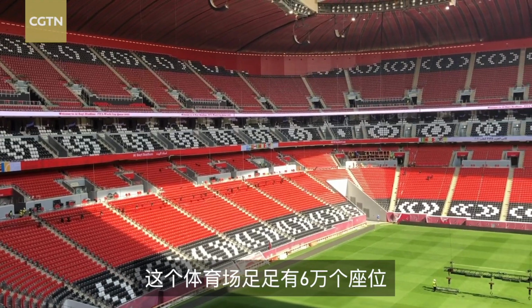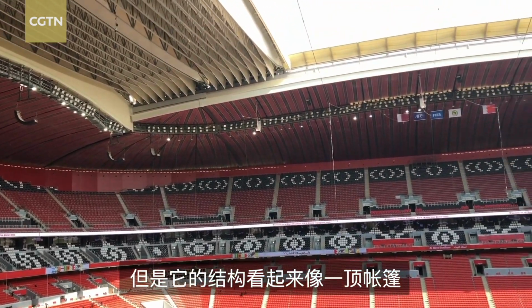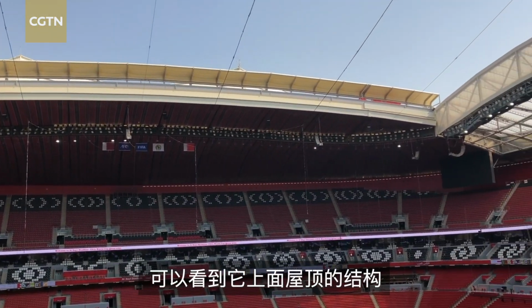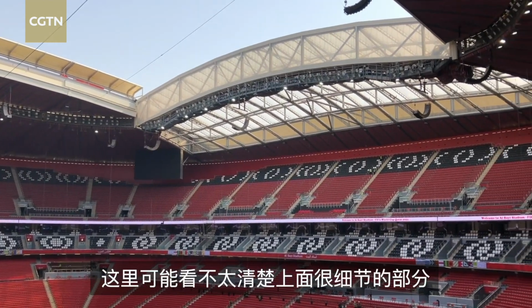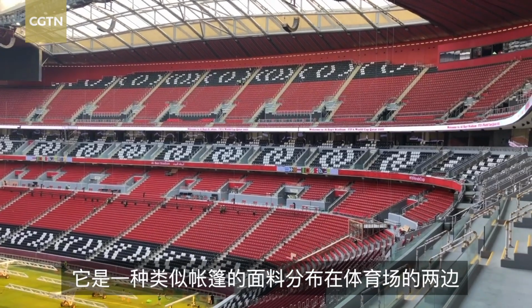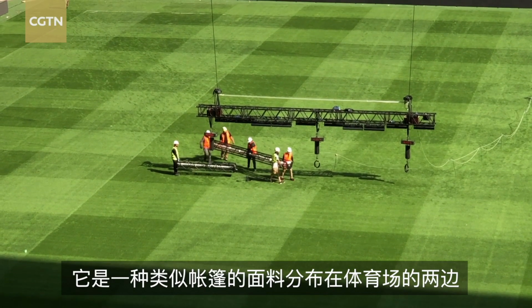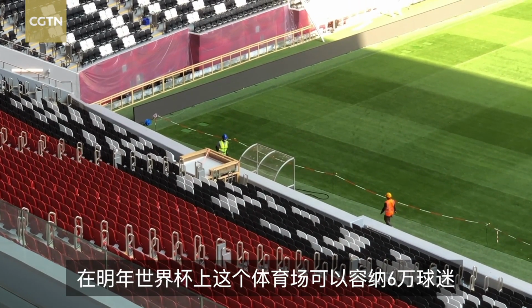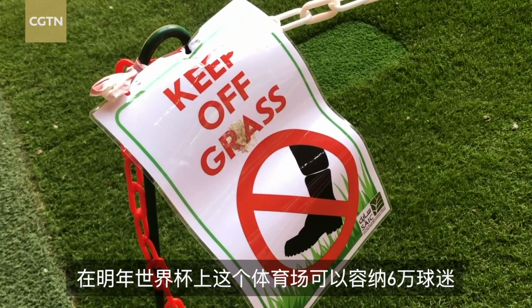This is a 60,000 seater stadium. You probably can't see it so well here, but the structure is made to look like a tent. You can see the roof structure up there. It's quite incredible. You probably don't see quite the detail up by the top elements there, but it's kind of a tent kind of fabric that lines this stadium. And this, as I say, 60,000 people will crowd into this stadium for the World Cup itself just over a